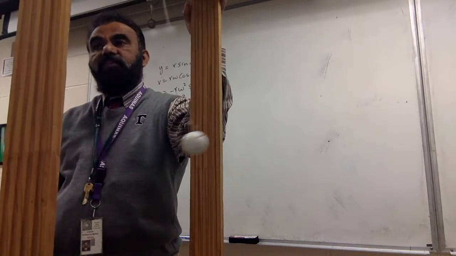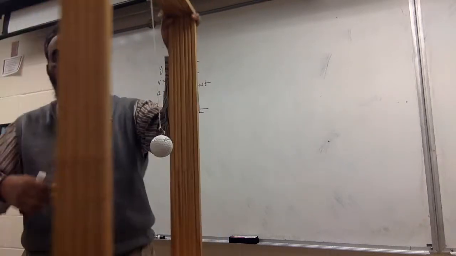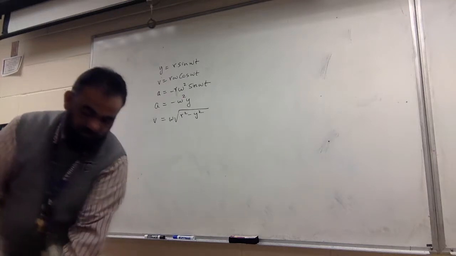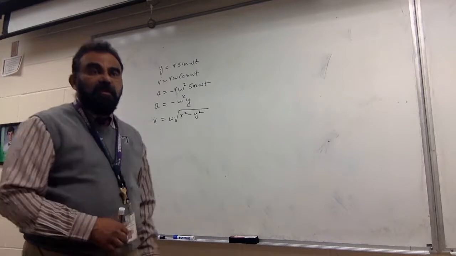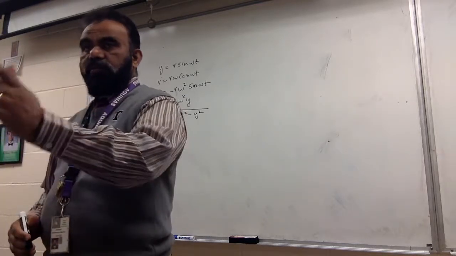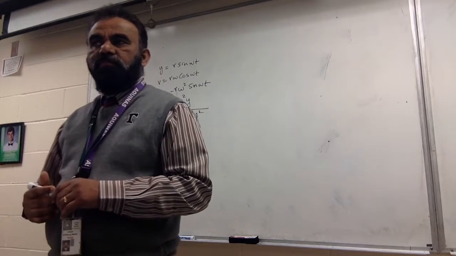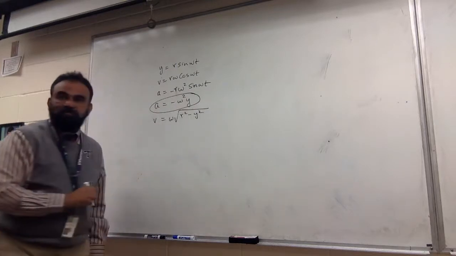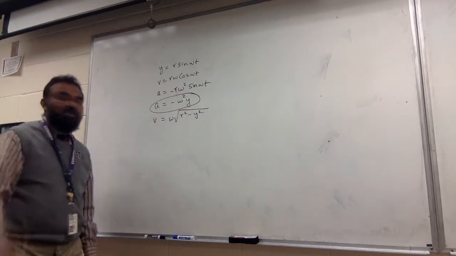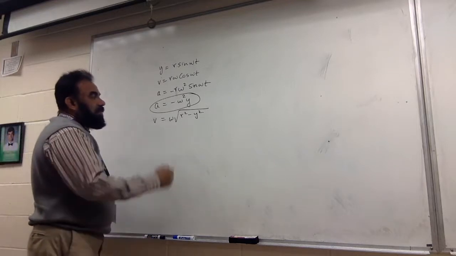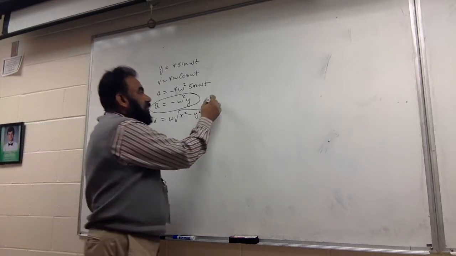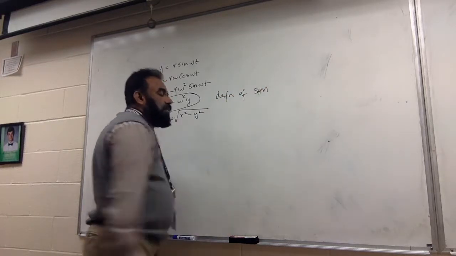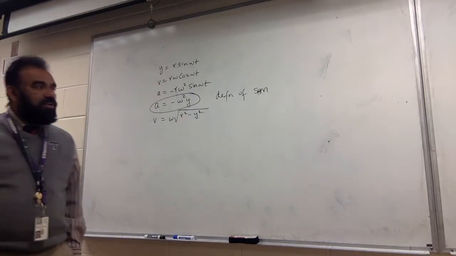So the definition of simple harmonic motion comes from one of these equations. What did I say simple harmonic motion is? It's a periodic to and fro motion, right? But our definition is not complete. So write down the definition of simple harmonic motion. It's a periodic to and fro motion